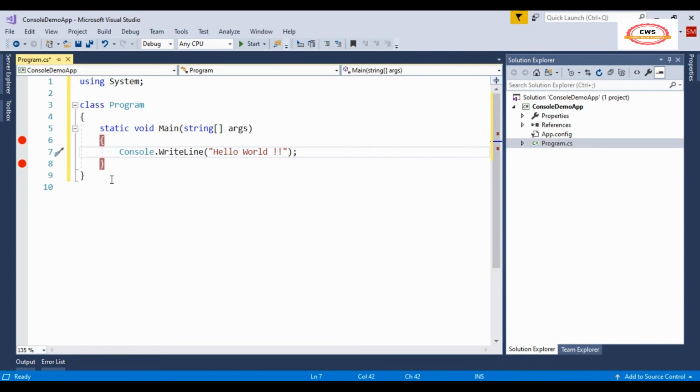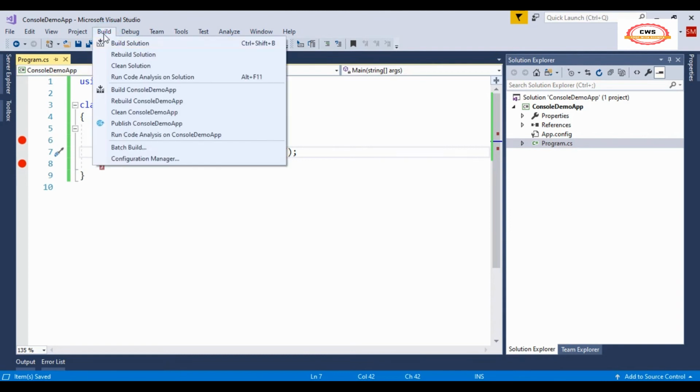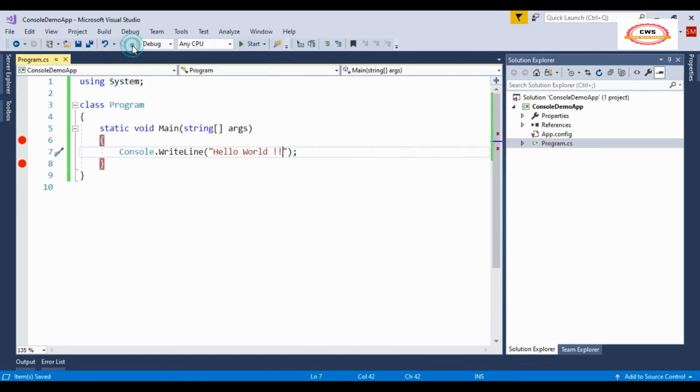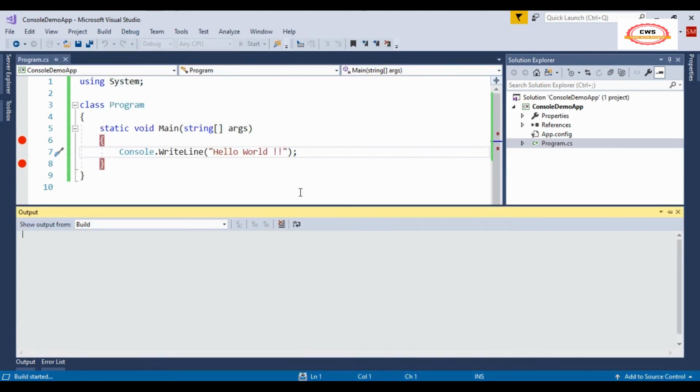Once it's done, we can build our solution. You have to click on build, then build solution. After building, you can see that this window is showing that the application is being built. The build has already started.